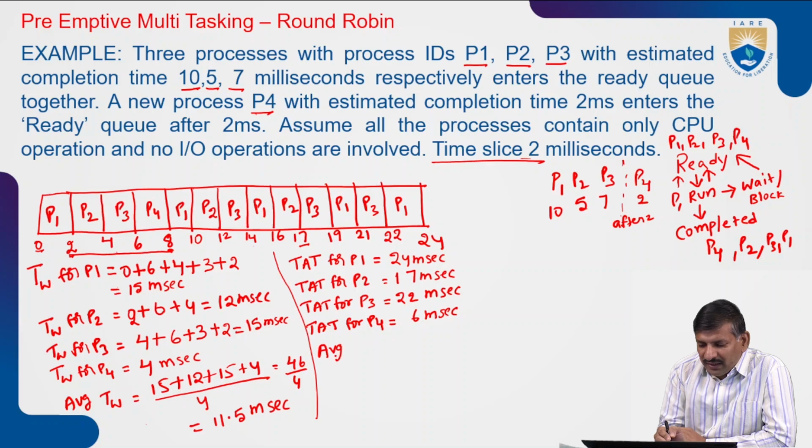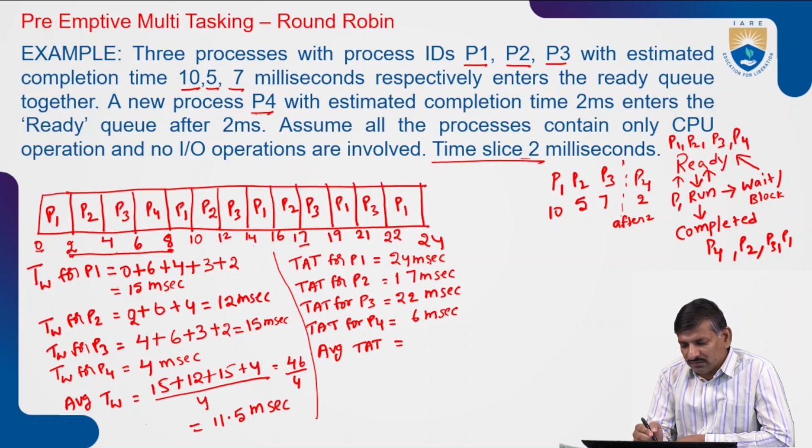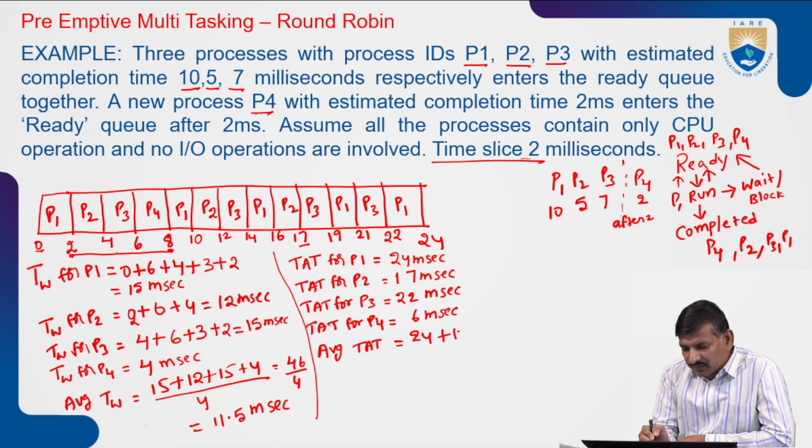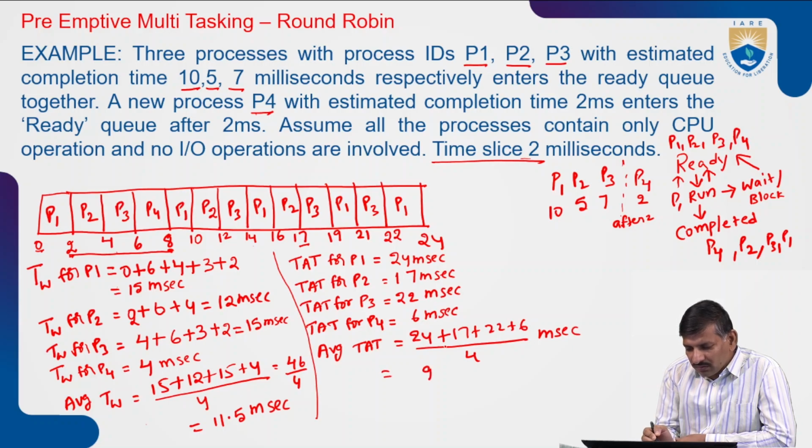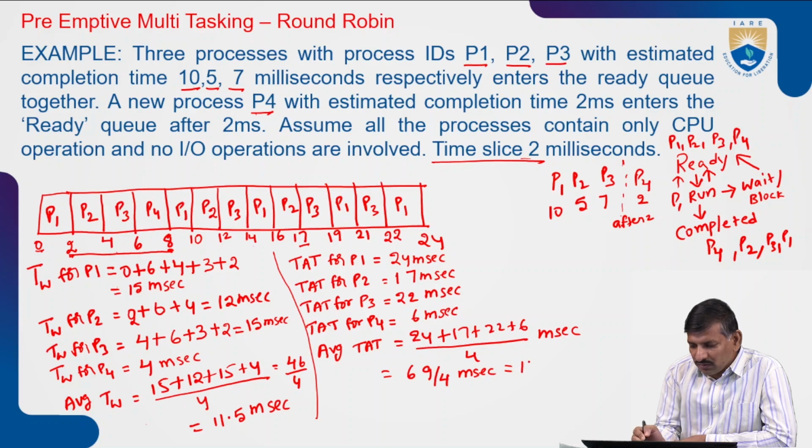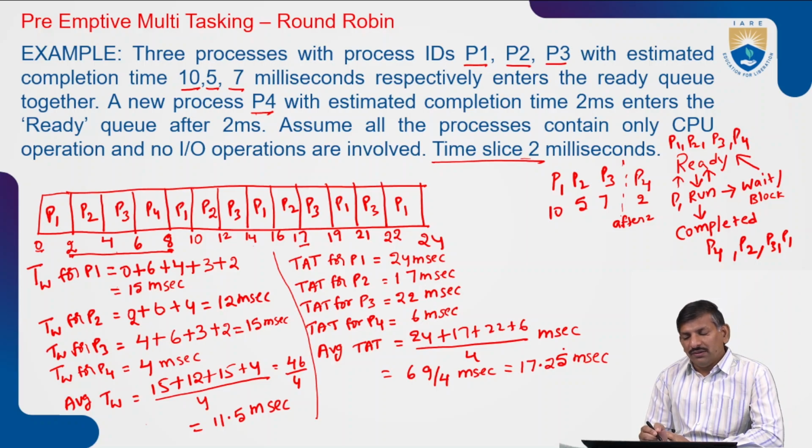So, the average turnaround time for this requirement is the sum of individuals, equal to 17.25